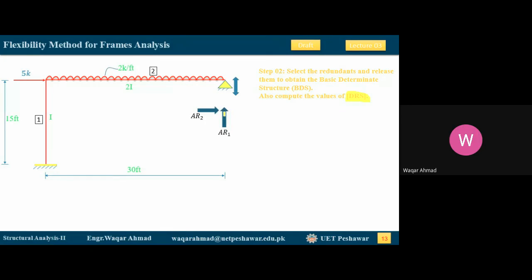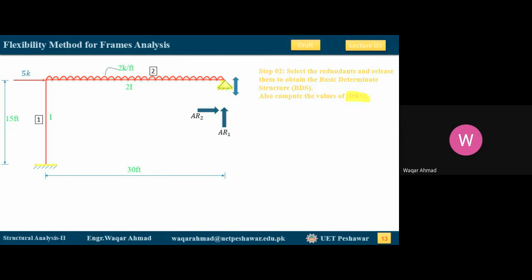But this should correspond to the constraint. So as we know that our reaction number one, which we have released, was pointing upward, I have chosen this to be acting in the same direction, AR1. And as we know that the second one was acting this way, I chose this to be acting towards the rightward direction. Now I need to find out the support settlement. So if it was given that this support at C settles down vertically by 2 inches, let's say,